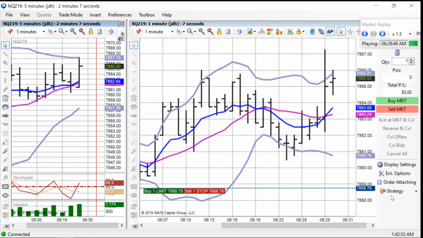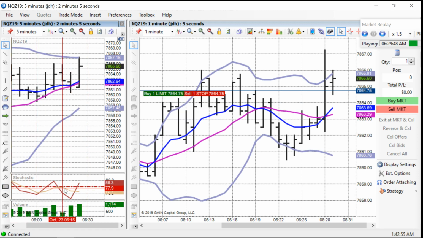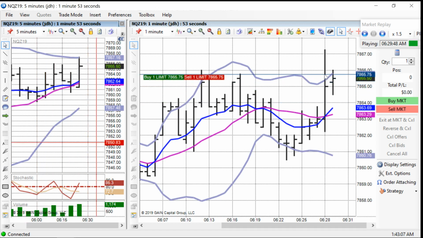Hello, this is the market as it appeared on 10/23, October 23rd. You can see down here the date stamp on the left side on the 5-minute chart side. And what I'll do here is show where my trade entry points were on the market replay program, which I